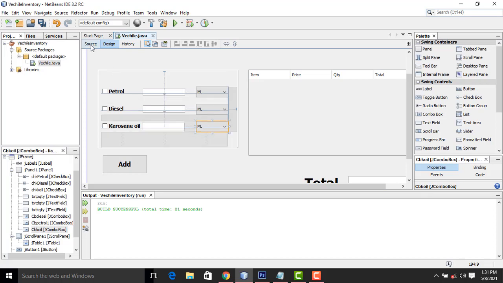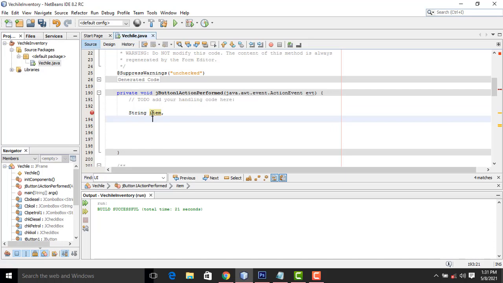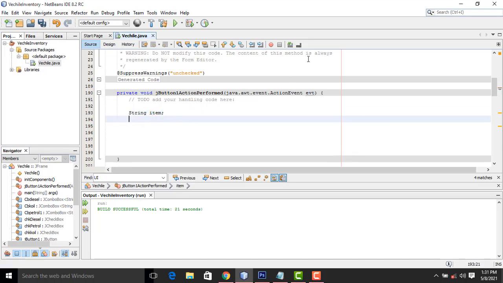So here first we have to declare the variable string item. Second, you have to make the data type double price.